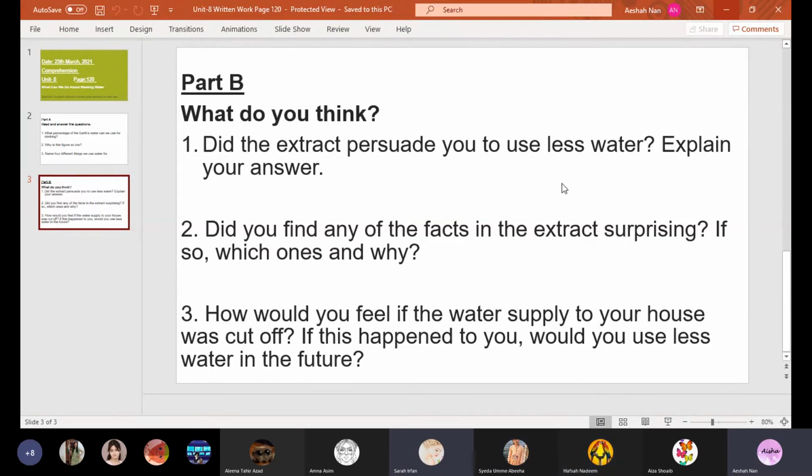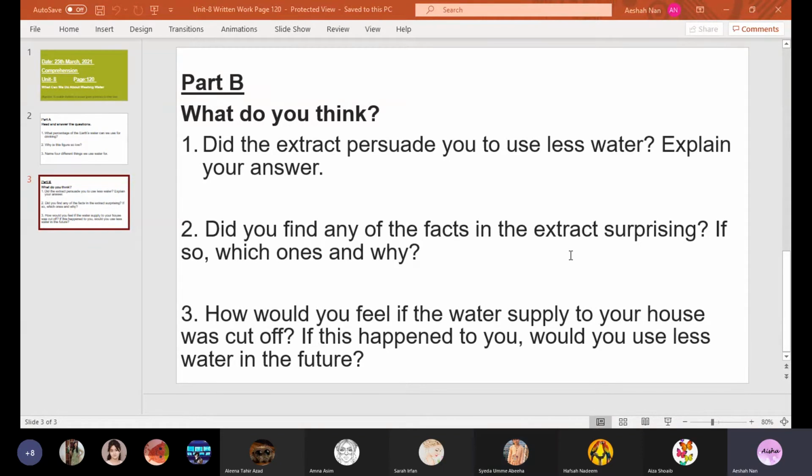Girls, please pay attention. The first part of the question is, first you need to write yes, comma. The extract persuaded me to use less water, full stop. Or if you don't want to use a full stop, you can write because, as we need to explain our answer. Because why did the passage persuade us to use less water? Because only 4% of water is fresh, right? So you have to write yes, comma. The extract persuaded me to use less water because